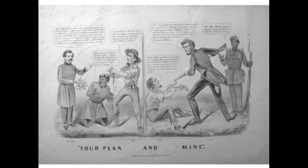We've got the opposing view. Here's Lincoln with a bayonet aimed at Jefferson Davis's heart, and a Union soldier kind of standing guard, an African-American Union soldier. And Davis says, "Hold, Mr. President, I surrender unconditionally